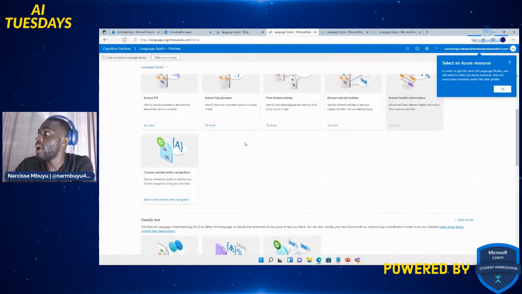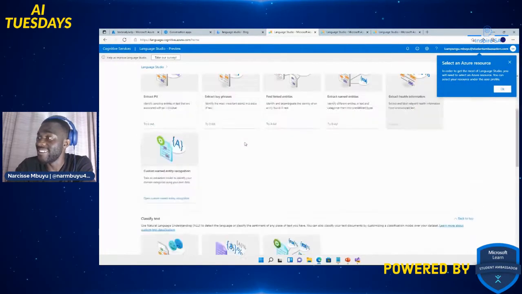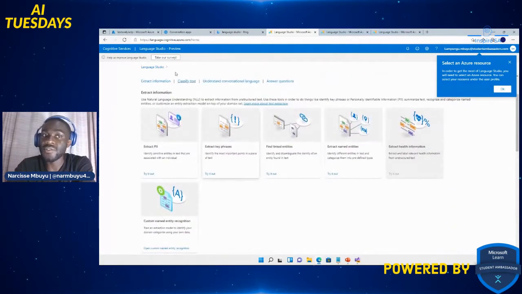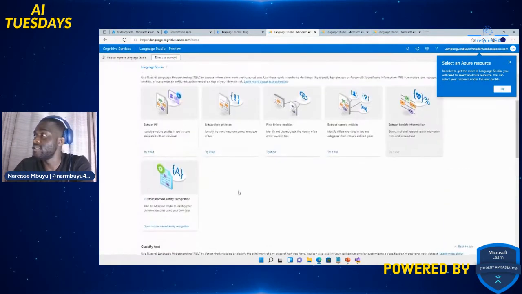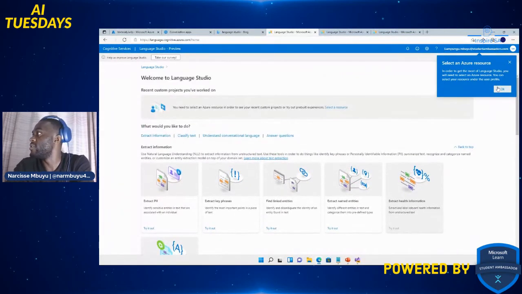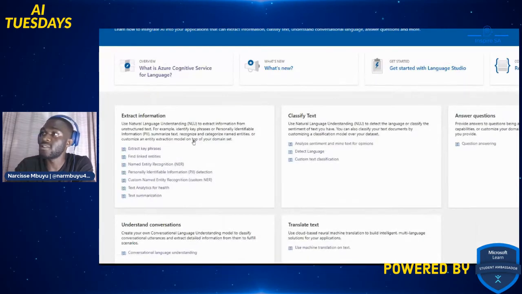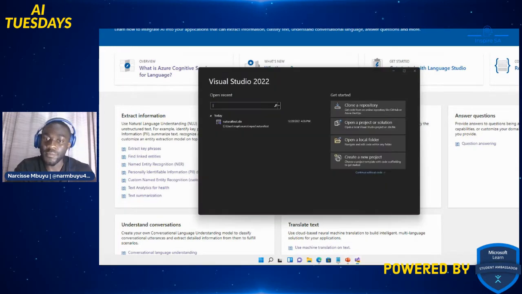the exact same thing using code, right? We're gonna do the exact same thing using code. So if you want to check out how to use all of this, please check out the previous episode. There's more details on that. So to get started, we're first gonna take a look at what's first on the list, extracting key phrases, right? So now we're gonna jump onto Visual Studio because that's what we'll be working on.